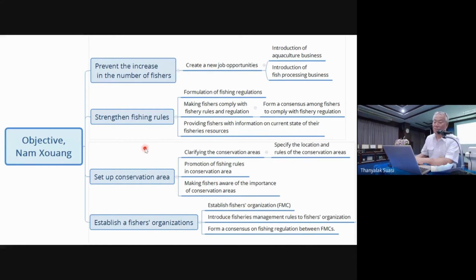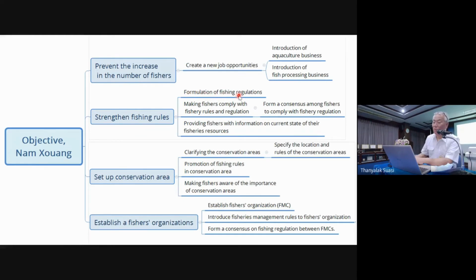This is maybe similar to the objectives in Xouang. In the first presentation, Xouang village also said similar objectives. First objective: prevent the increasing number of fishers. How to do it? Creating new jobs, aquaculture and processing. Second, strengthen the fishing rules,